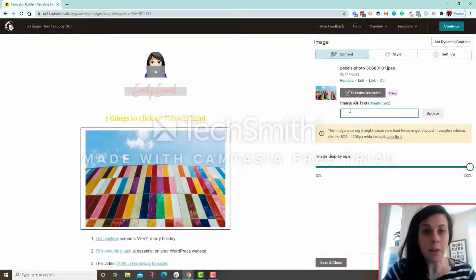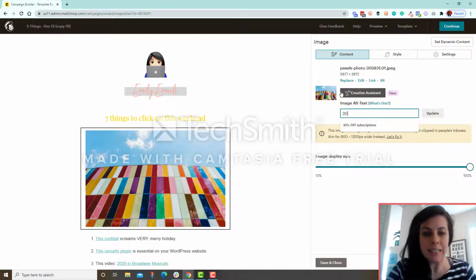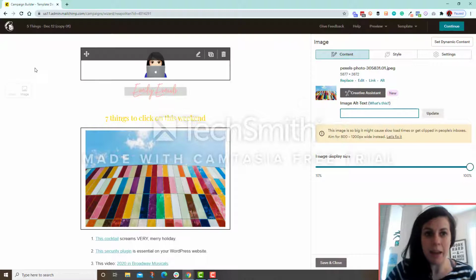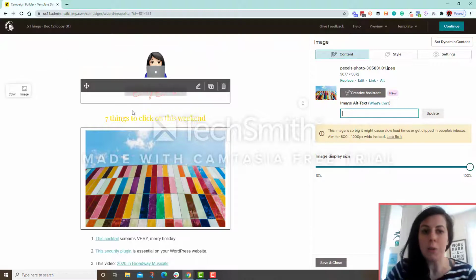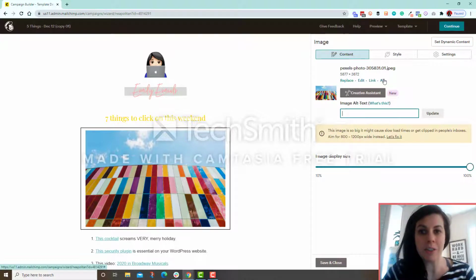So this is important when you receive an email in your Gmail and say you're somewhere with spotty service and your images don't load, it's going to show that alt text. So for instance, if you are having a big sale and your huge graphic that says 30% off doesn't load, you can still put that here. It's just really important. Every image within your email, including your logo, including whatever is an image, should have this alt text description filled in.